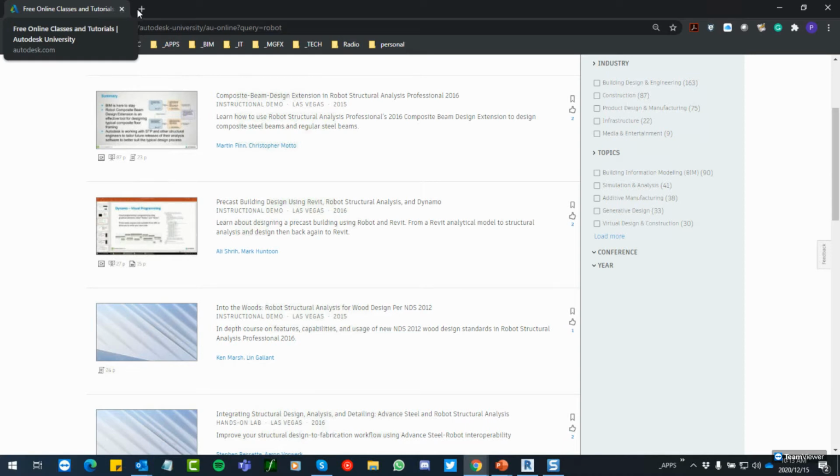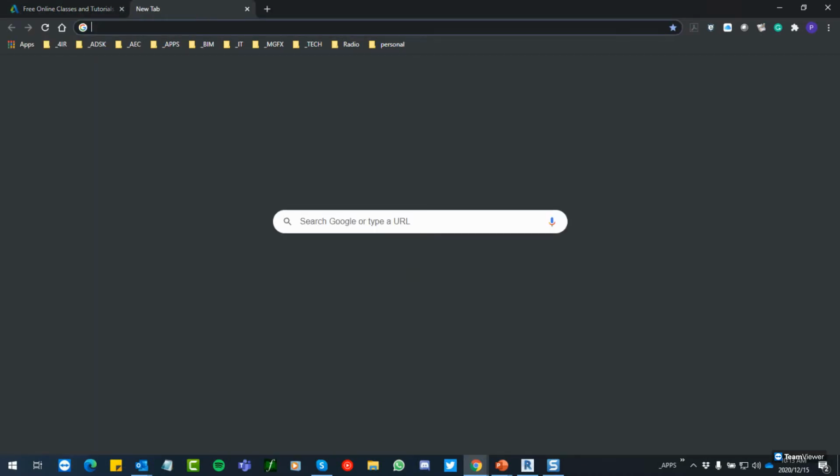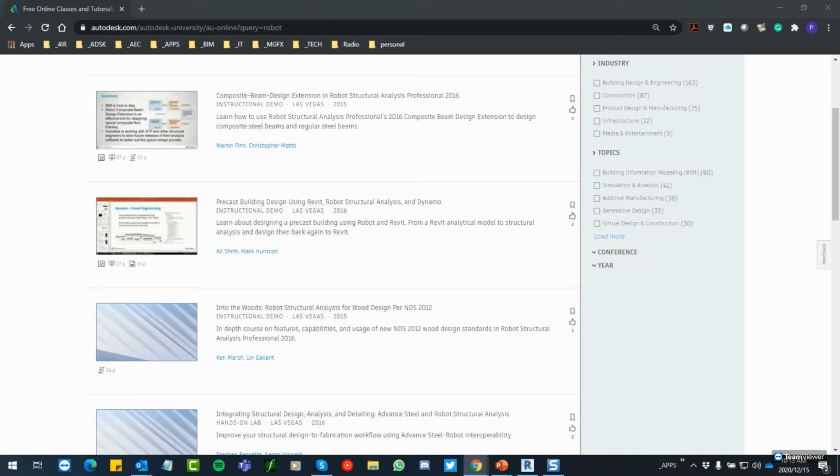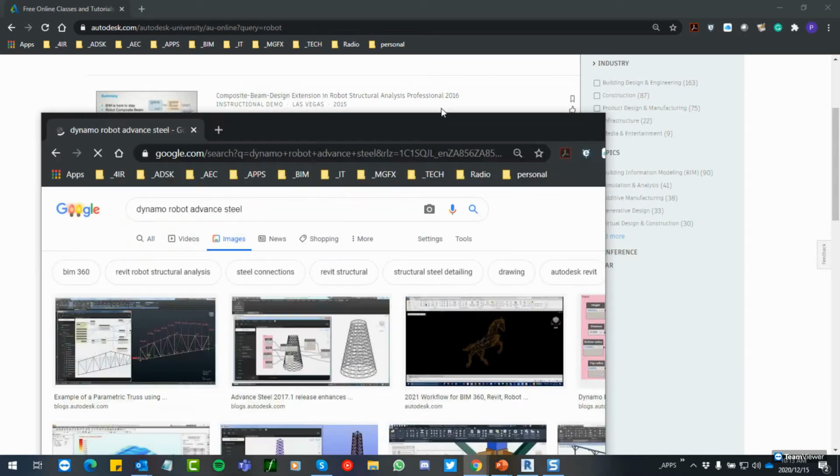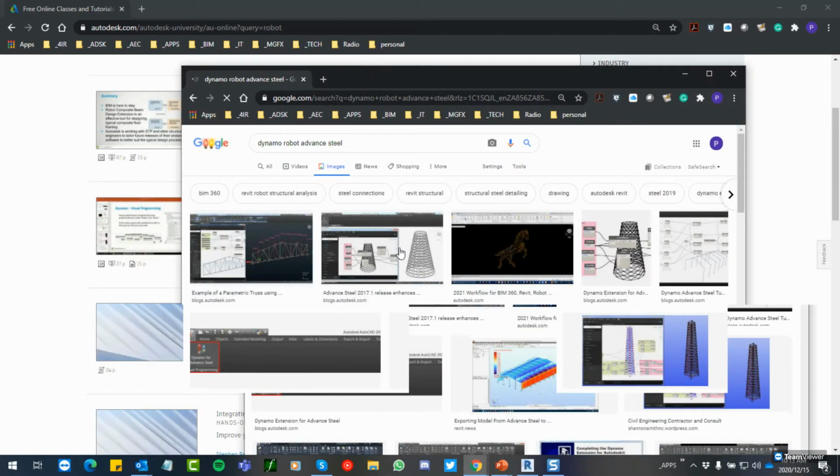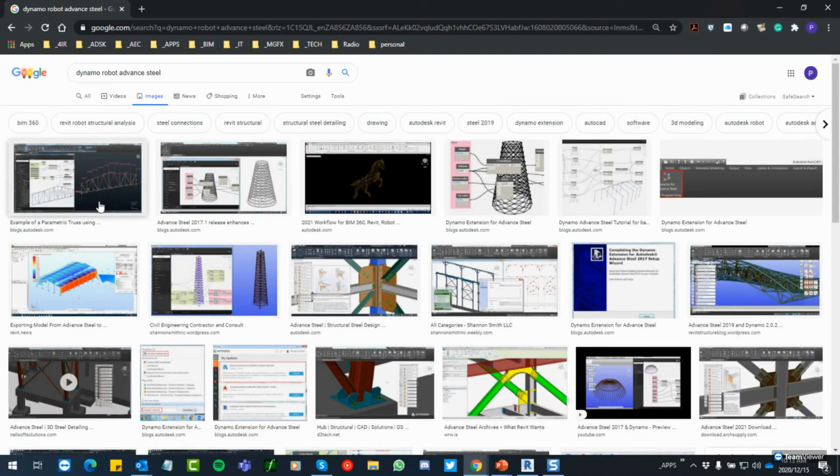There are even some further workflows where you'll find Dynamo, I don't know if you're familiar with it, and so especially in the modern era, you'll find that we've got these interesting structures that can be created. And there you can see the automation, so some of these classes you'll also find online on Autodesk University. So when you find some really interesting structures, you can use automation using Dynamo, which is a relatively easy